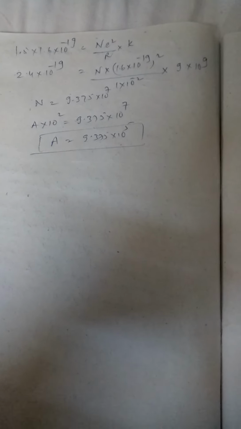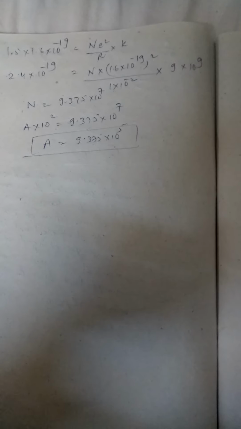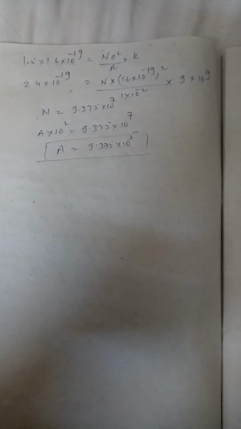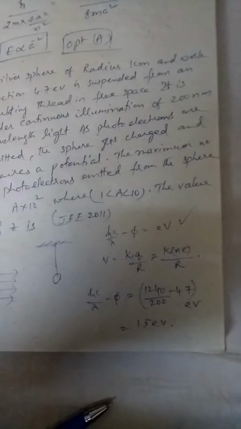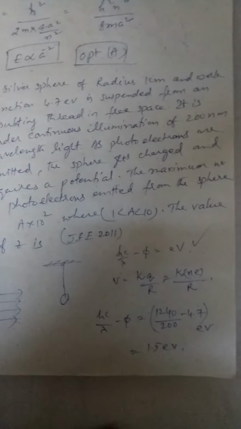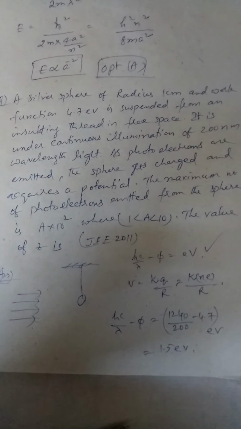Just do the calculations and see. But in the question it is written that it should be in the form of A into 10 to the power of 2. So A into 10 square is equal to 9.375 into 10 power 7, or A is equal to 9.375 into 10 to the power of 5. If it has been asked as an integer question, it is 9.3, so you can round off and say that it is 9.5. Okay, so this question has come in the Advanced actually, so note down. So answer is this much. Okay, understood the method what I have done? Basically two chapters have been mixed here. One is the work function concept, another concept is from the electrostatics chapter.